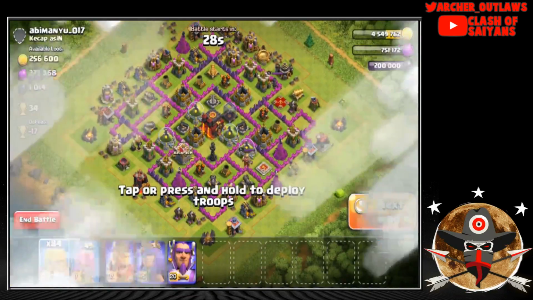But when you look at the other farming strategies, like mass baby dragon and balloons, once you add in spells,